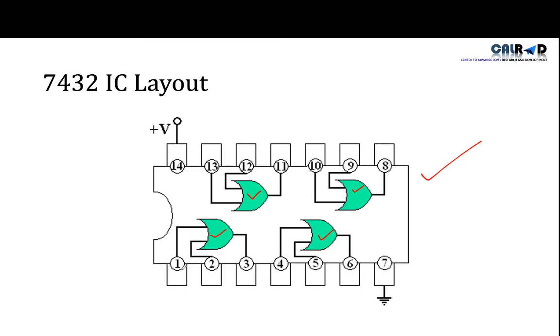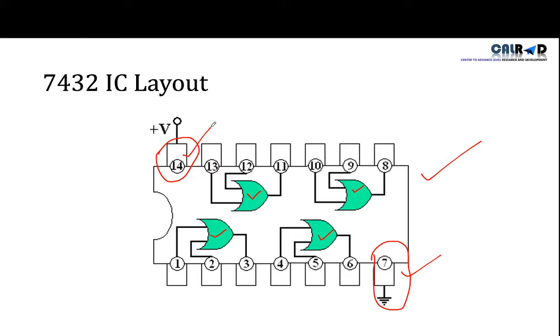Now which pins are used for which purpose? First of all, I will talk about these 2 pins because they have separate functions. All others have the same function. Pin 7 is used for ground. Ground means we will provide negative current to pin 7. And pin 14 is used for VCC. This means we have to provide positive current to the 14th pin. So pin 7 is for negative current and pin 14 is for positive current.